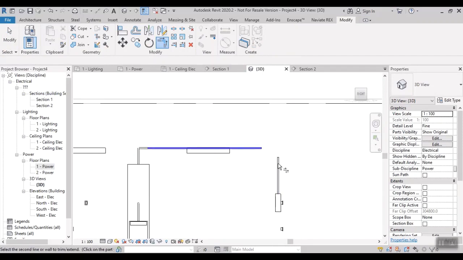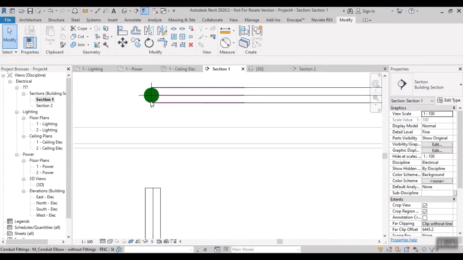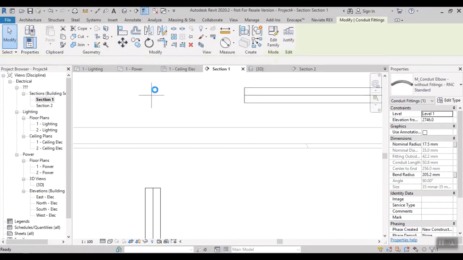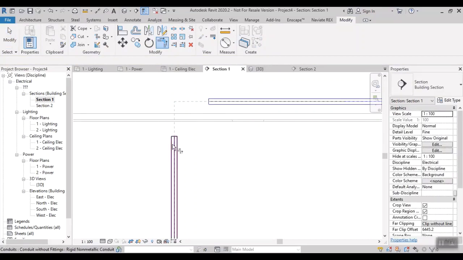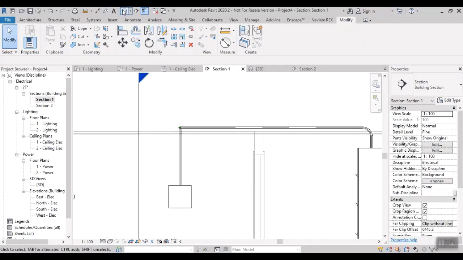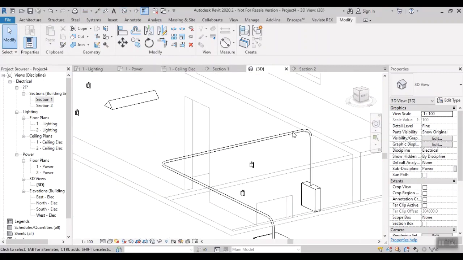Okay, alignment problem. Okay, so that is the reason. Okay, that's not a problem. So a little bit of alignment problem is there. Okay, that is the reason.